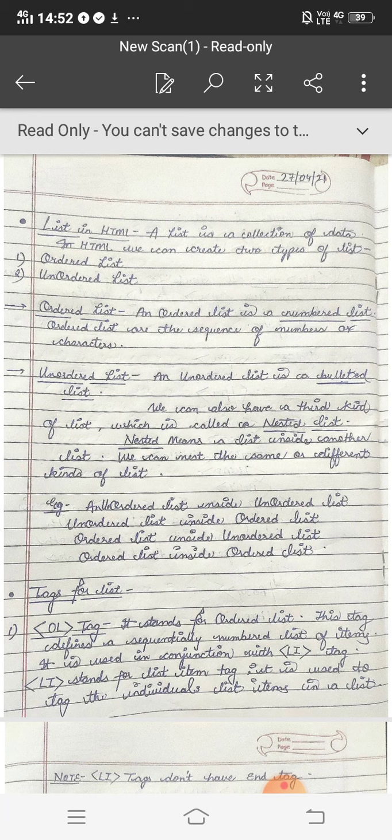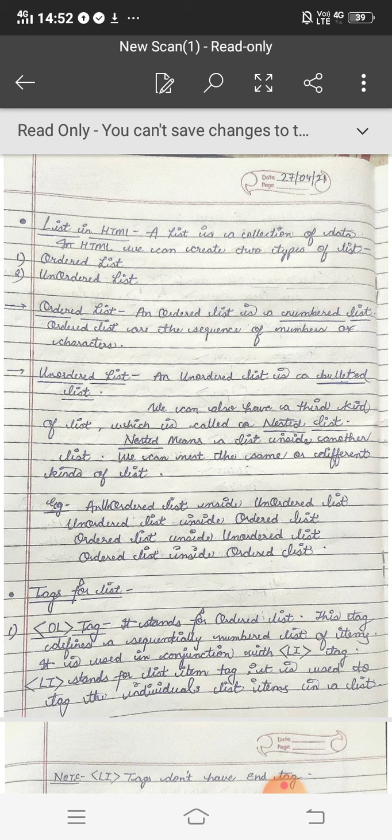For example: unordered inside unordered, ordered inside ordered, unordered inside ordered, ordered inside unordered. So these are the examples of nested lists.